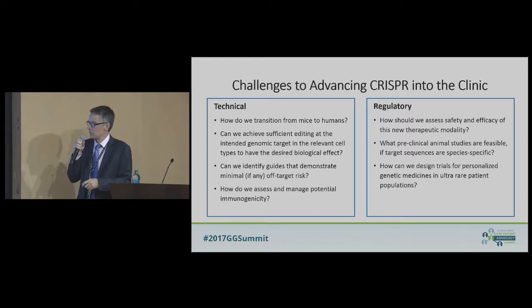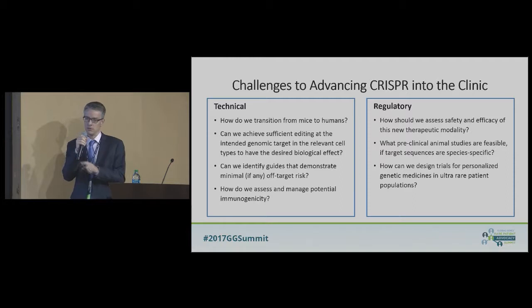In terms of preclinical animal studies, because our approach is DNA sequence specific, we can't use the same guides in a mouse that we would use in a human. So how do you de-risk the human if you can't use another species? We try to find guides that are in common between human and cyno or rhesus monkeys, so we can at least get some